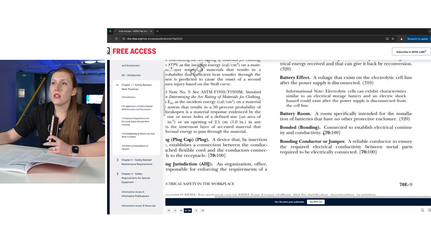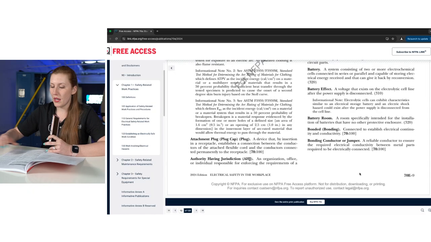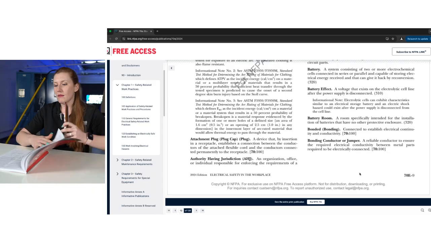Okay? Another option is the brackets. So there's the parentheses, which points you to a specific article about that topic regarding that definition. And then there's the brackets, which points out that it's the exact same definition as can be found in the code. So the National Electrical Code, NFPA 70, in Article 100, this exact same verbiage will be found for bonded. So a little cross-reference there, very convenient for those who go back and forth between the two books quite a bit. But again, nothing too earth-shattering.